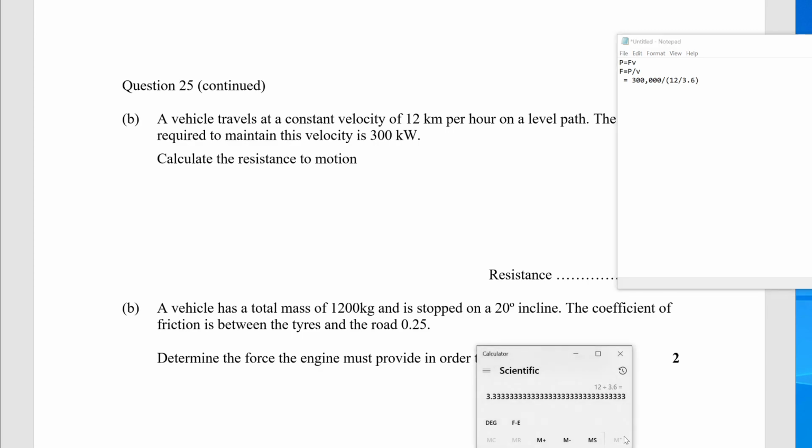And if I do 300,000 divided by 3.33, let me just check. 300 divided by 3.33. Yeah, no, that's much better, 90. But it's 90 kilonewtons, right? Because it's 300,000 newtons. So yeah, 90 kilonewtons, or what you should be writing is